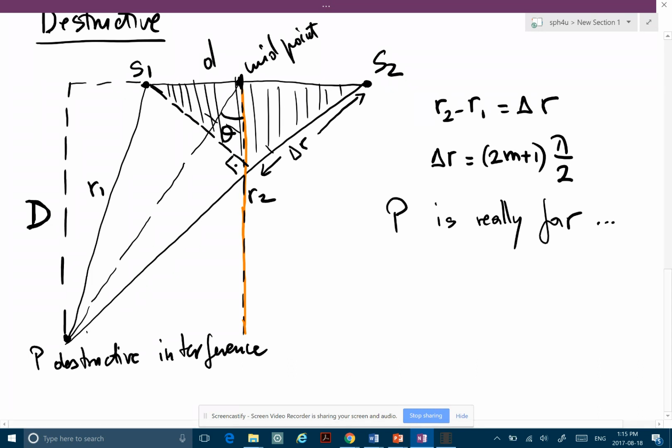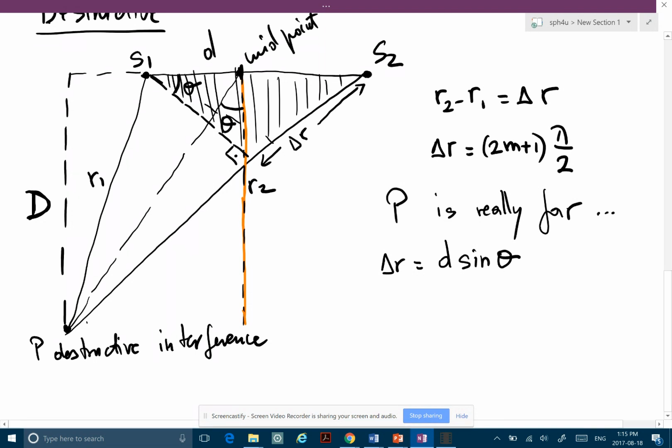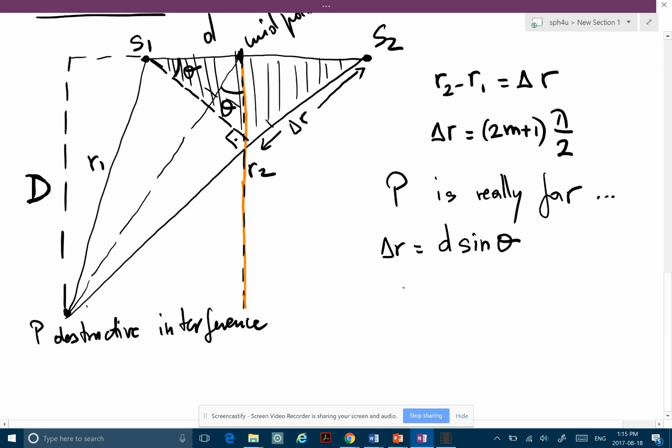And if you look at that shaded triangle, delta R is actually d times sine theta, right? Because if this is theta, then this is theta as well. Remember, we constructed that dashed line so that it's perpendicular to the second path, starting from the first source. All right. So what we find is that this d sine theta, which is a difference in path, is actually